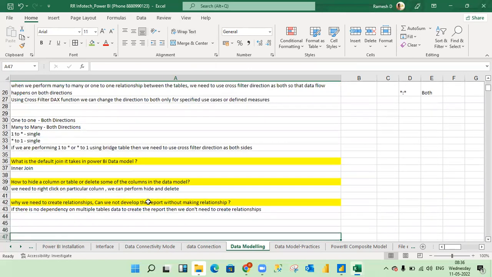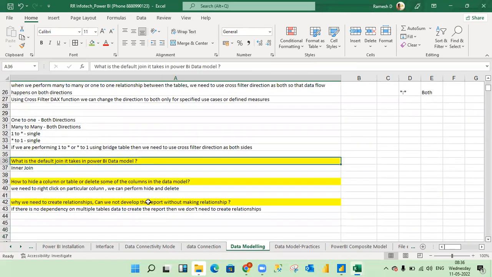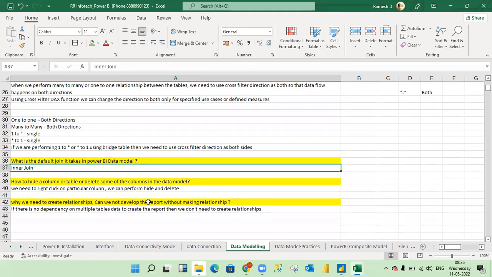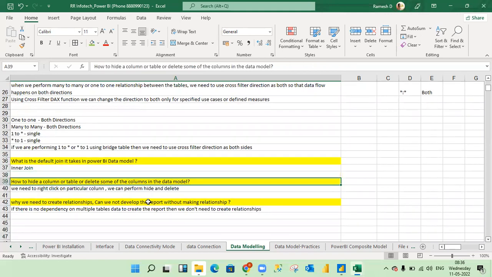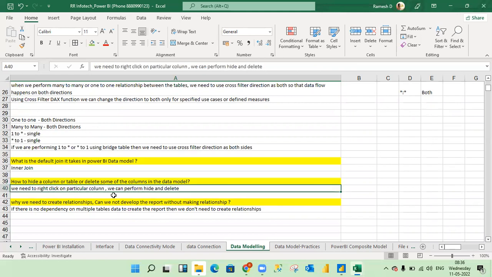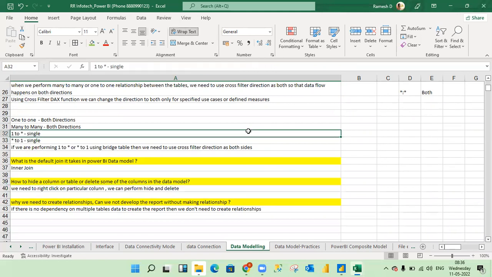What is the default join takes in Power BI data model? Okay, that is inner join. And how to hide a column or table or delete some of the columns in the data model. We need to right click on the particular column. We can perform the hide or delete. Okay, that is different. Now we are discussing